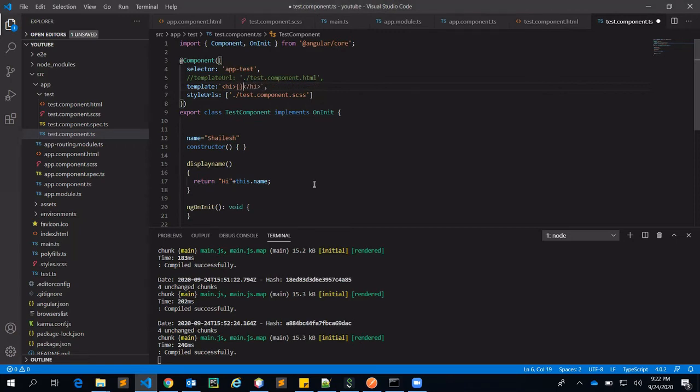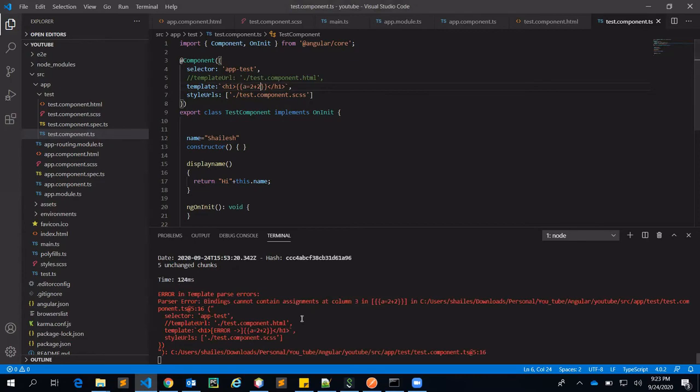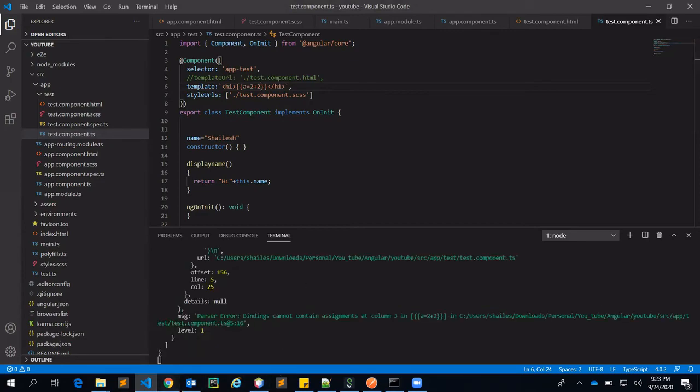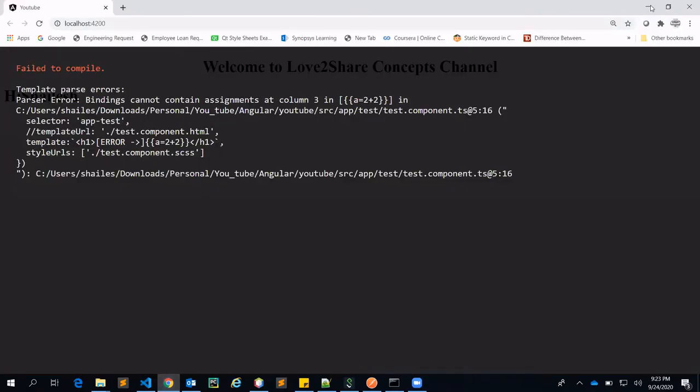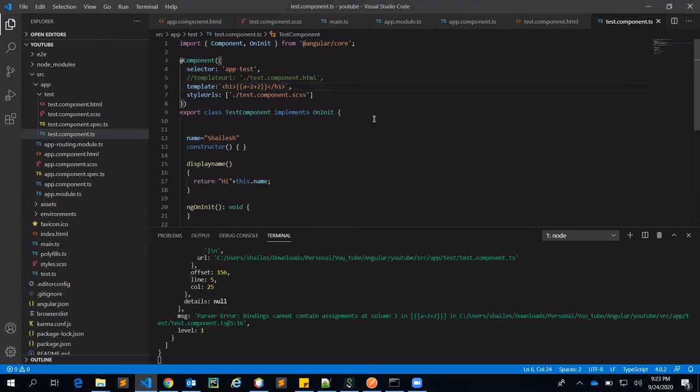If you are trying to do something like this, like A and then 2 plus 2, the error will be thrown, and your browser will throw some error, because you cannot do assignment.